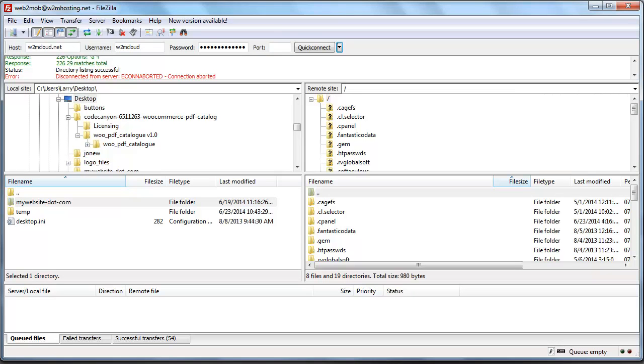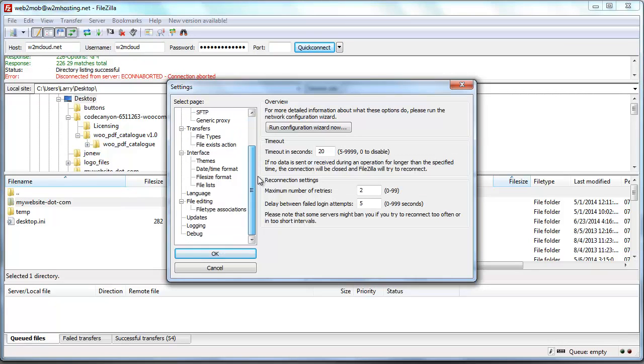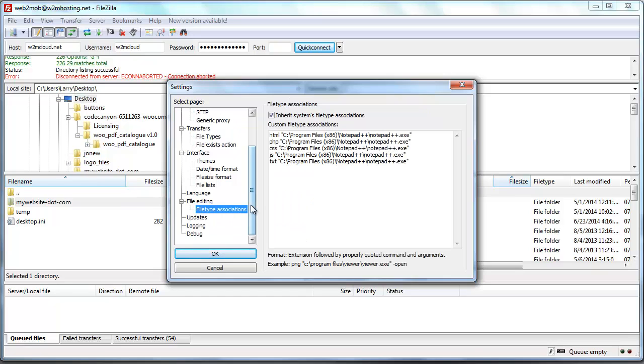Once you install FileZilla, you're going to need to add some settings. The settings you're going to want to edit is the file type associations. All this basically says is you want these particular file types, so files ending with these letters, so .html, .php, .css, .js, and .text to open inside whatever notepad that you've decided to use. For me, again, Notepad++. So every time I open a file inside of FileZilla, it's going to open inside this particular program, ready for us to start editing. Apart from that, there really is no other configuration that you need to make.